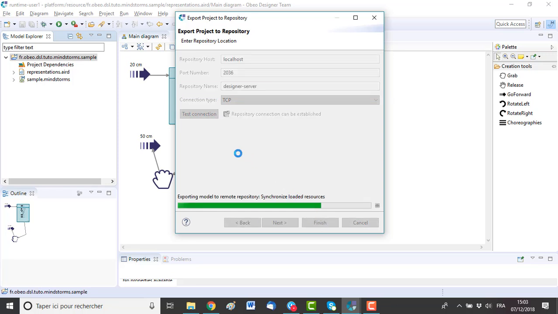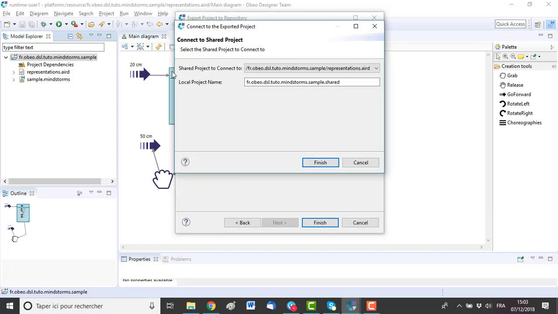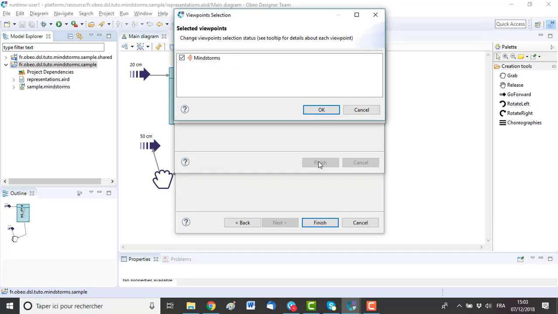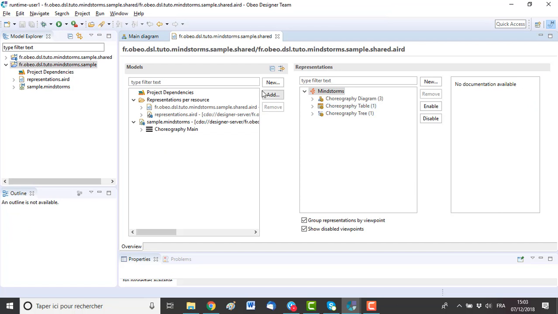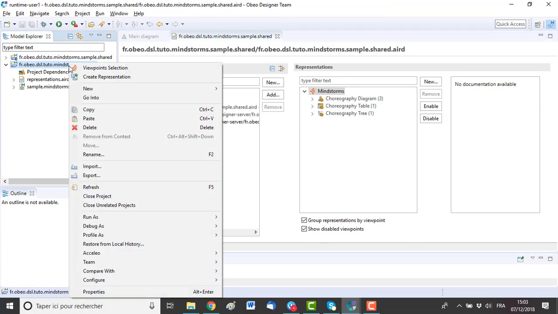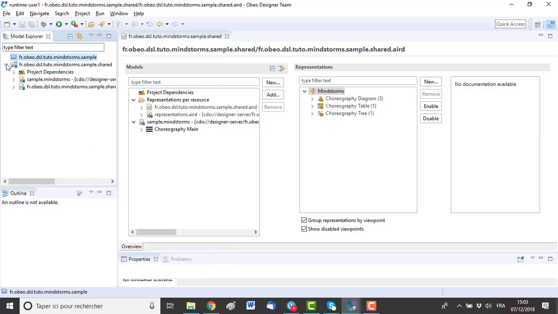It means copying the local project to the server. And then once it has been exported, I can close my local project and work directly on the server.